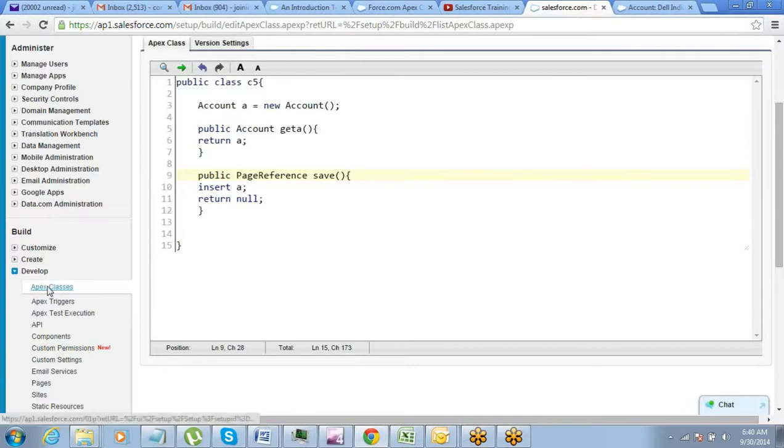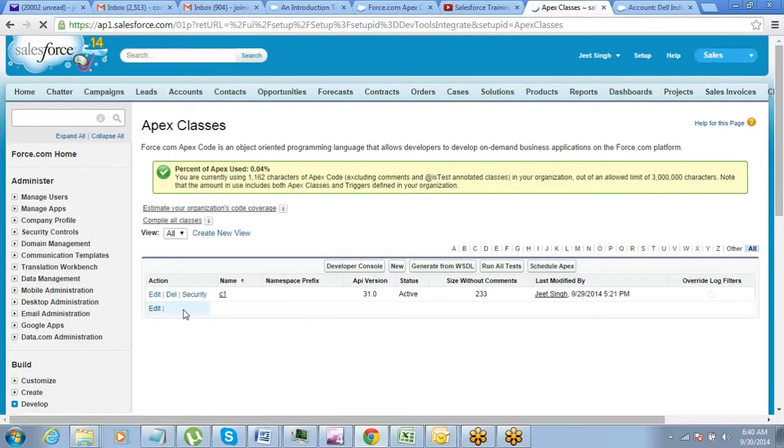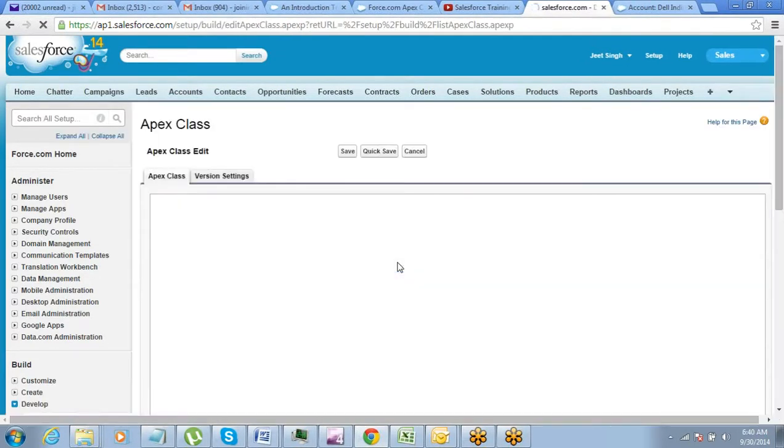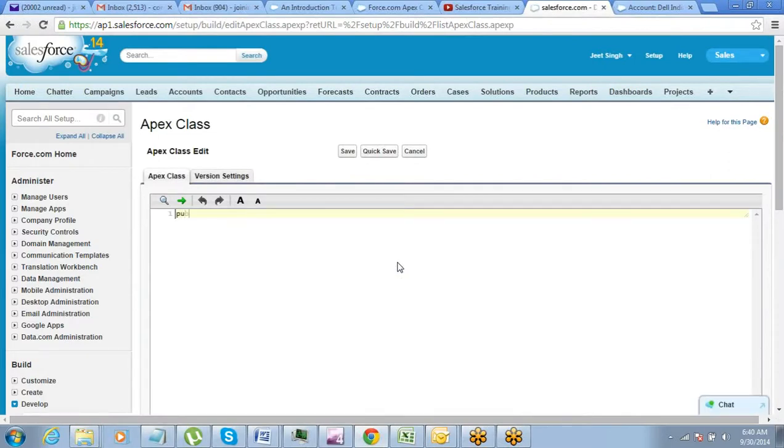We'll create a class C6. Okay, so in this example we will deal with what all variables.